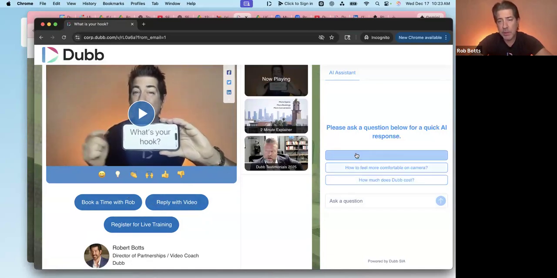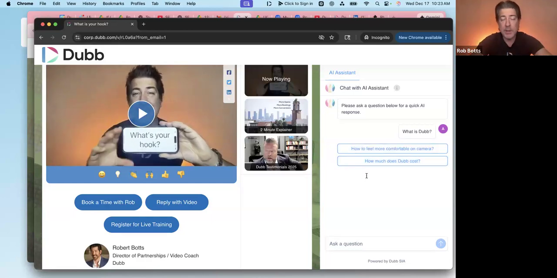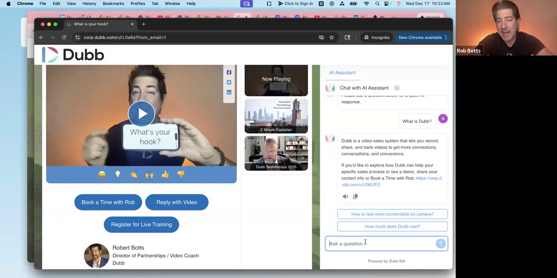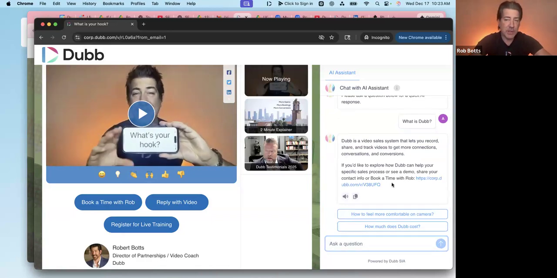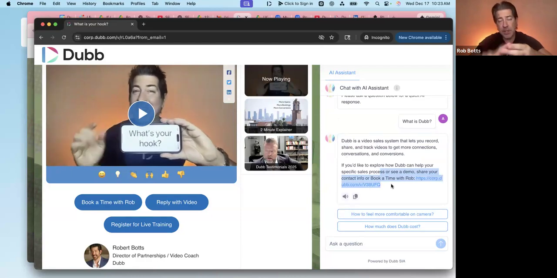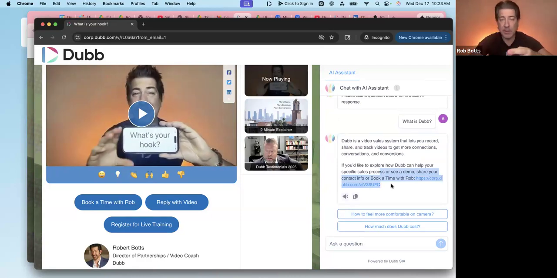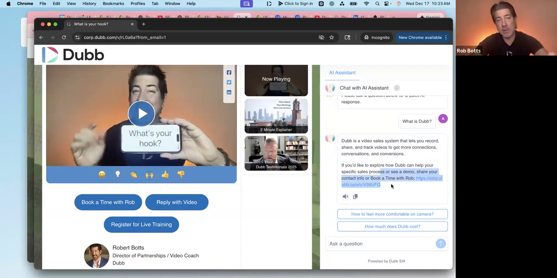So over here to the right in real time, you can have up to three FAQs show. You can create up to 20. And then you also can ask the AI a question down here as well. And when the AI gives an answer, it's going to push for your desired outcome. So whether it's booking a time in your calendar, checking out more properties if you're in real estate, downloading a doc, a listing agreement, whatever you want them to do, it's going to give an answer and keep the momentum